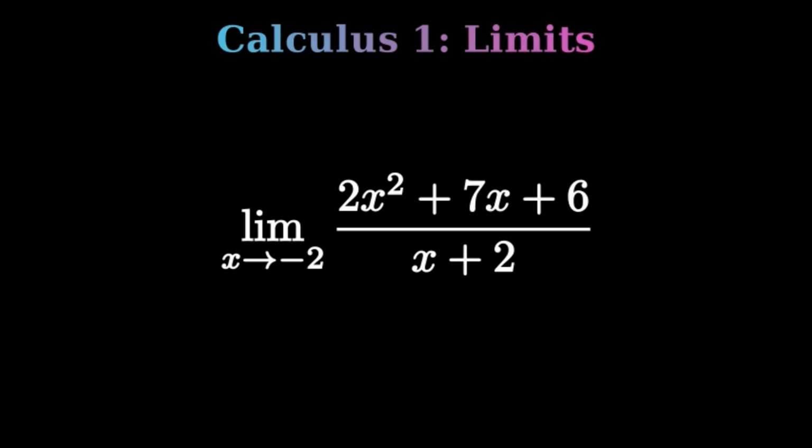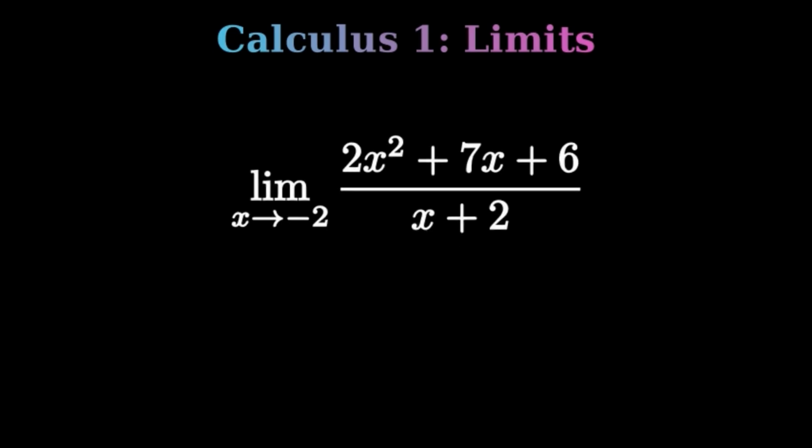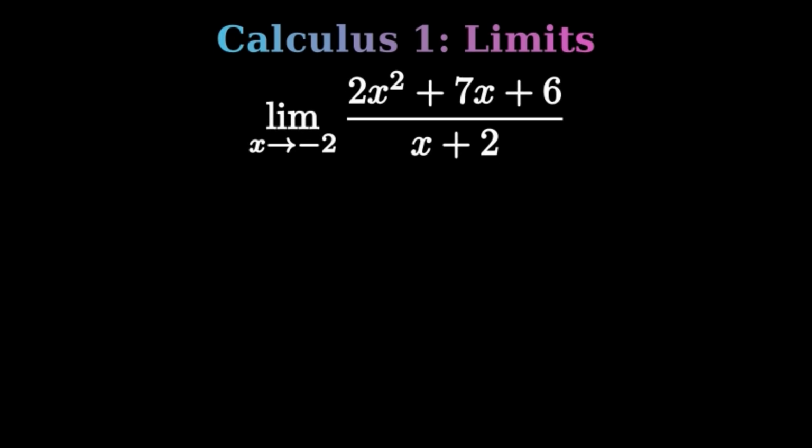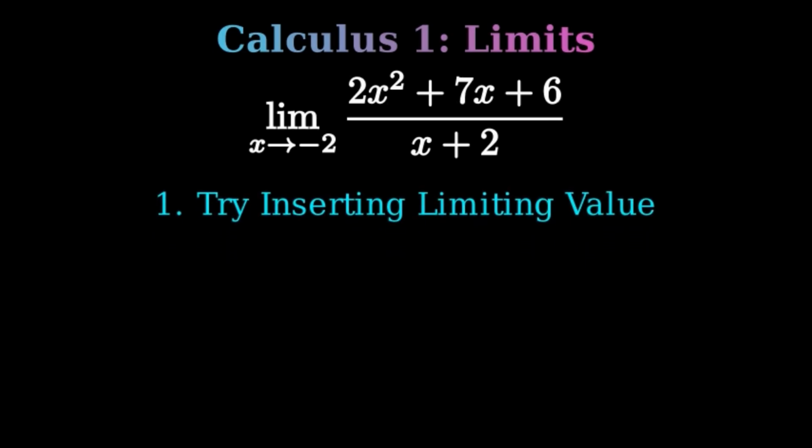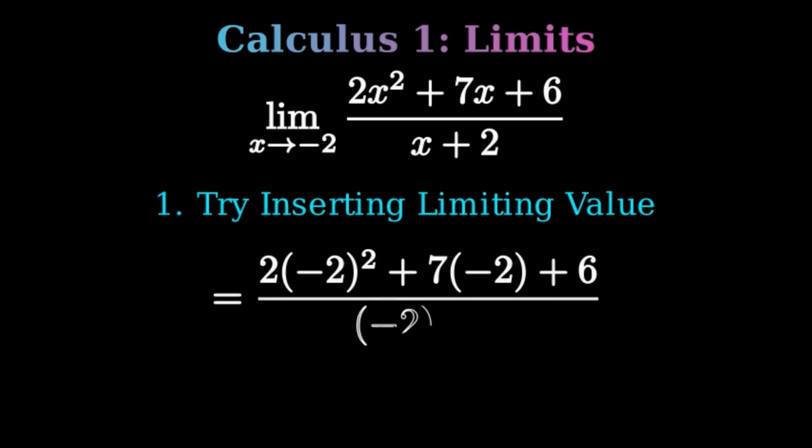Okay, so in these types of problems, the first thing you're going to want to do is try to insert the limiting value. The limiting value in this problem is -2, that thing under the lim. Just plug it in place of all the x's that you see and try to get some type of numeric value, right? Well, if we do that, we have 2 times -2 squared plus 7 times -2 plus 6